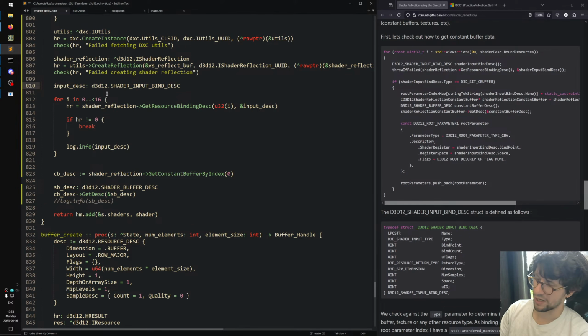So let's get the C buffer in and then map that one up somehow. We'll do that. Okay. Let's see. Root parameter. The only thing I need to know